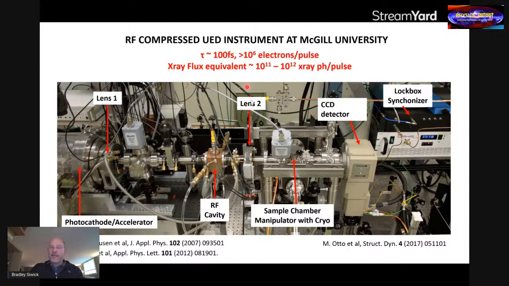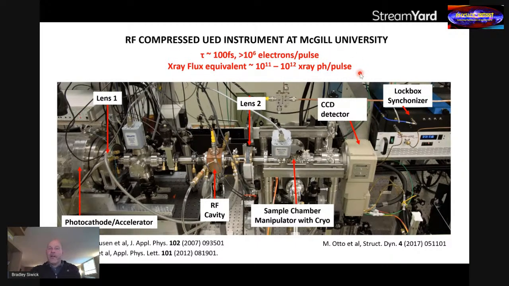So this is a picture of the instrument that my group developed inside of my lab, and its current important figures of merit. The electron pulse duration at the sample has reached this 100 femtosecond time scale that I told you is critical for following much of this motion. But just as important, the electron pulses contain many electrons per pulse, upwards of 1 million electrons per pulse, which is an X-ray equivalent flux of 10 to the 11 to 10 to the 12. So we're competitive with